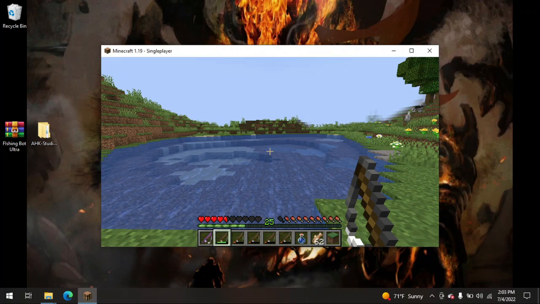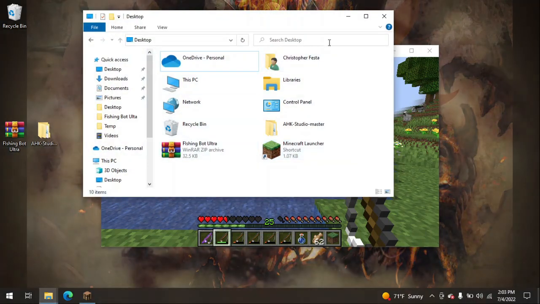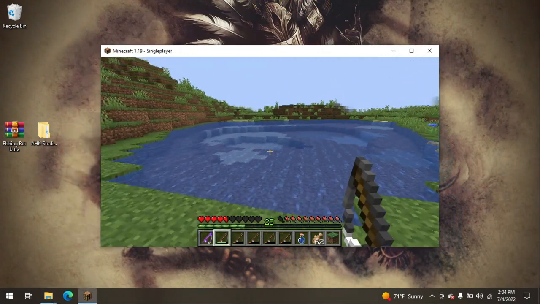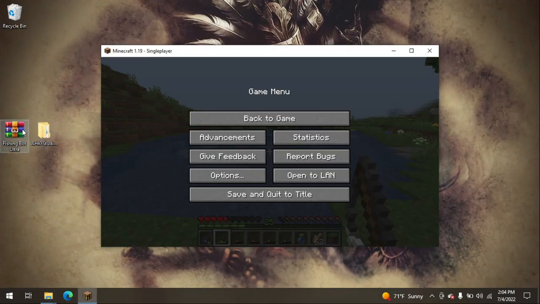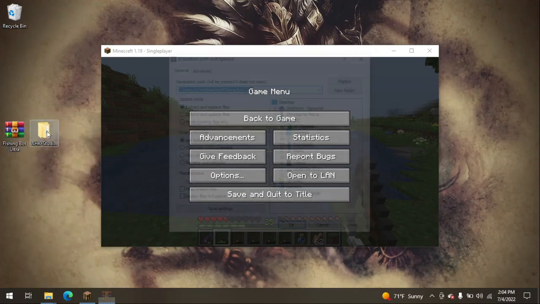So there's going to be two things that you need to install before you can start using the Minecraft fishing bot, and that is AutoHotkey. You can install that through AutoHotkey.com. And the next thing is the Minecraft fishing bot. You want to extract the files